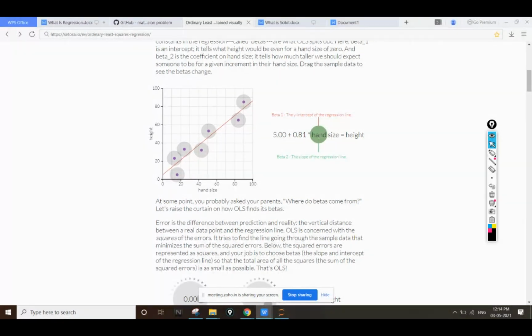See here, in X we have hand size, and from the size of our hand we are trying to predict the height of a human being. Okay. So let's see, if I'm changing this value of X here, at this particular size of hand, the height of the person is here. You can see that the value of M and C is changing at that particular time.